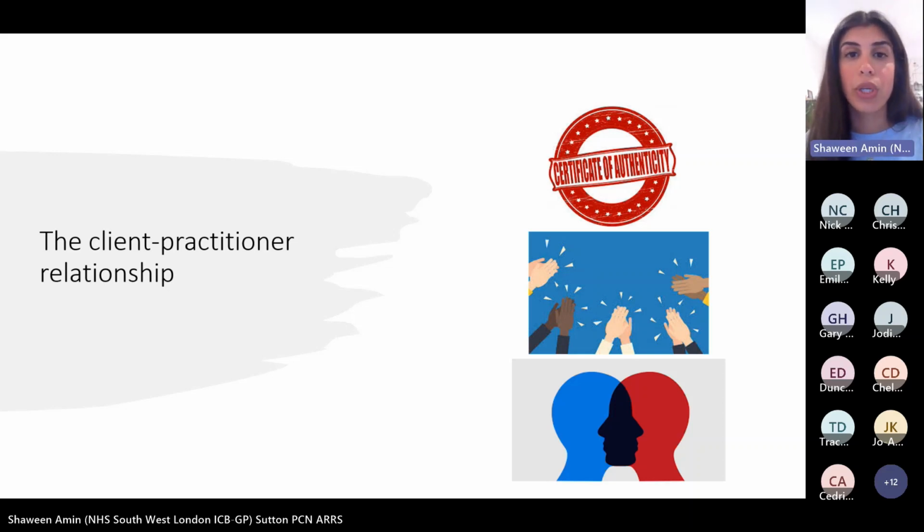So first of all, you can see that certificate of authenticity there. That's all about genuineness. So that requires the practitioner to be authentic, to be honest, to be sincere. And whilst the practitioner should ideally be genuine, that would not include any sort of displays of negativity. It would not include any criticism or disgust. And that leads on to the hands all applauding there, the non-judgmental caring, because we have complete uncensored acceptance of